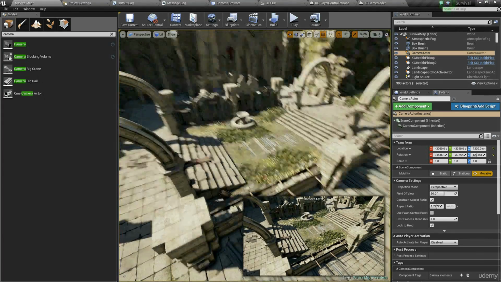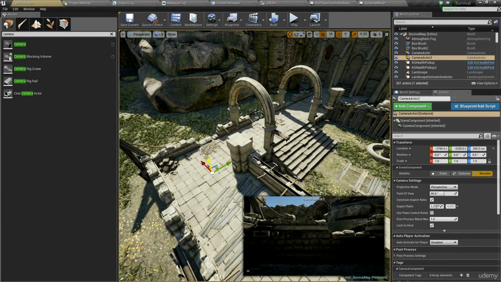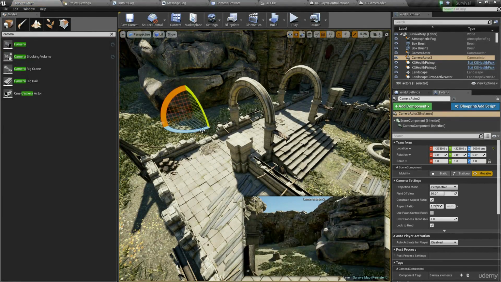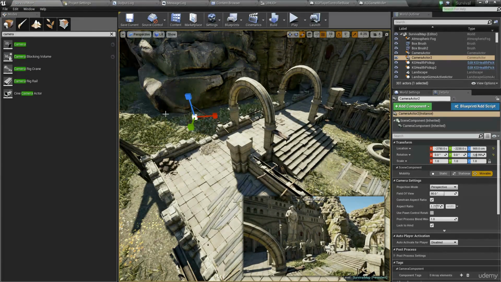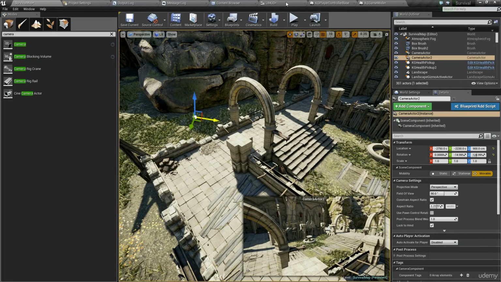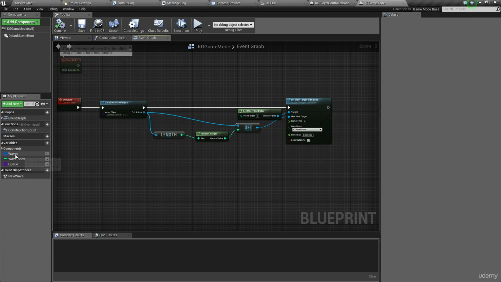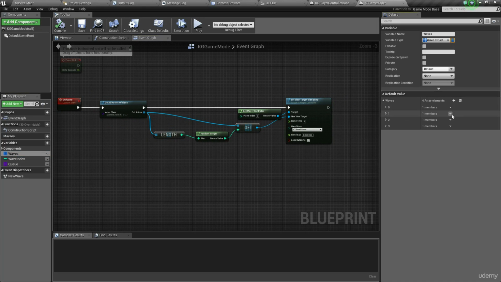Compile, and now within the map, if I want to, I can simply add in a camera actor from the modes panel. So I'm going to put a couple of these into the map at different locations. This one can be here. Now, if I were to play the game, I would have to jump all the way through to the new waves. The problem is that there's a lot of waves right now for me to test with, so I'm just going to delete all of my waves except the first, and save. And now if we test this out,